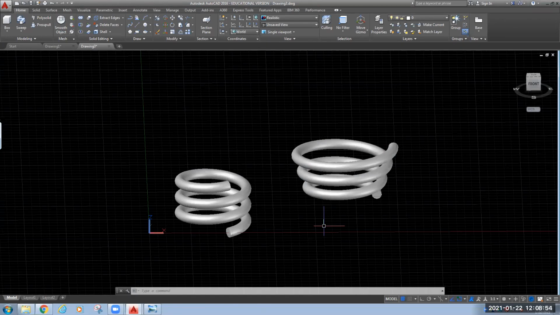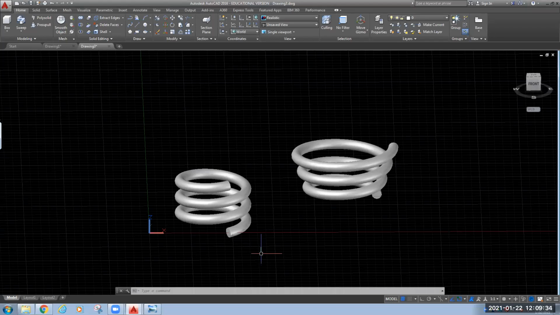If you have seen an immersion rod that is used to heat the water inside your bucket, at the top surface it is a helix like this. So for product development you can use these tools and commands. So this is about the helix and spring, how you can create a spring. And I will show you the syllabus also today, what we have covered till now.